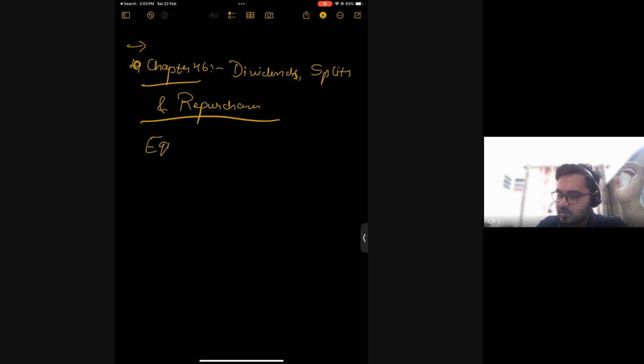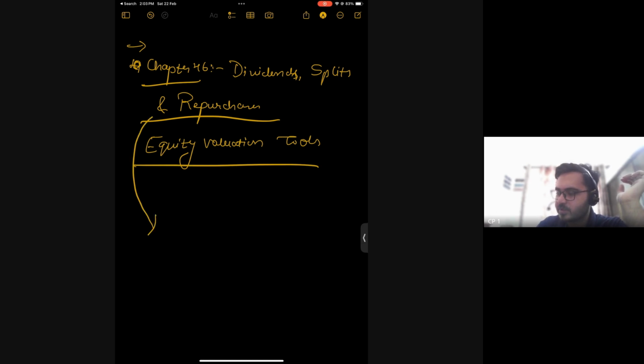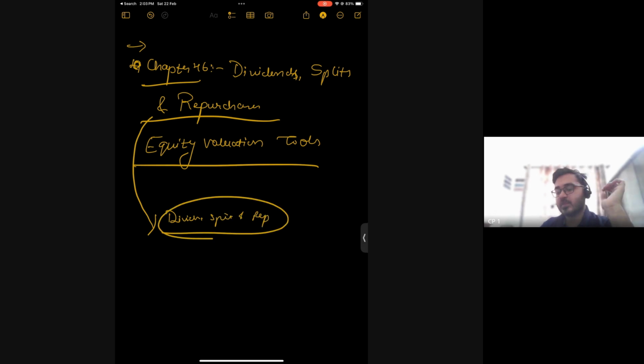Equity valuation tools. And the first thing that we'll be dealing with is going to be dividends, splits and repurchases. All right. So up until now, what we have done is look at how to build research reports